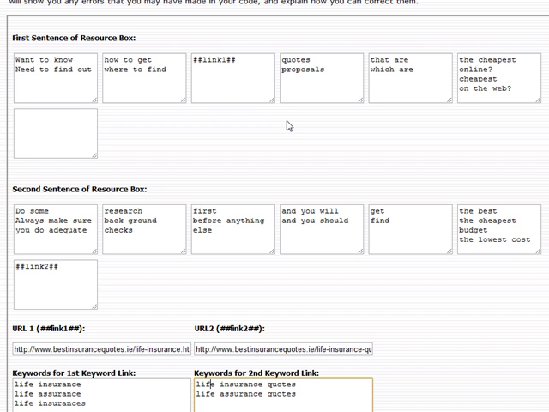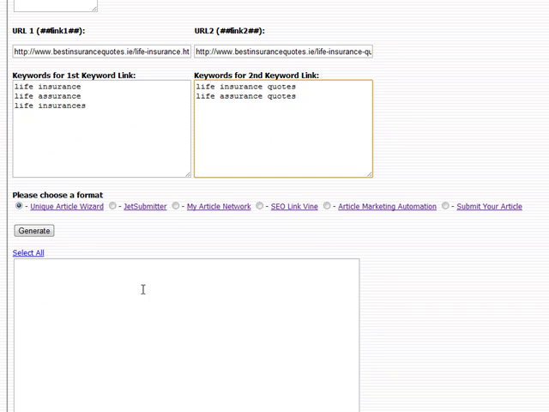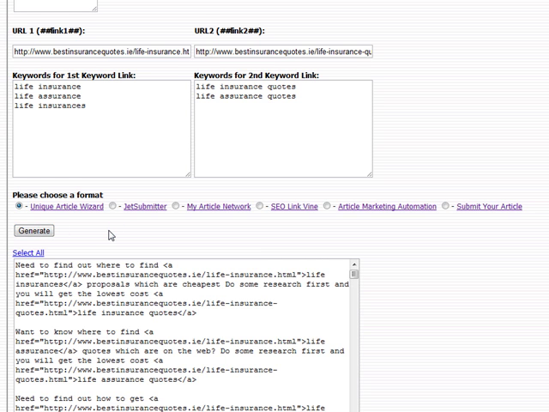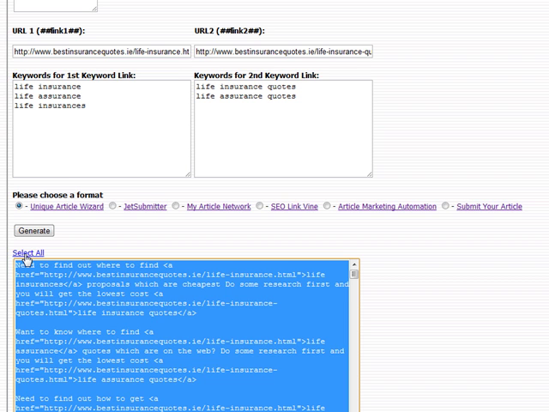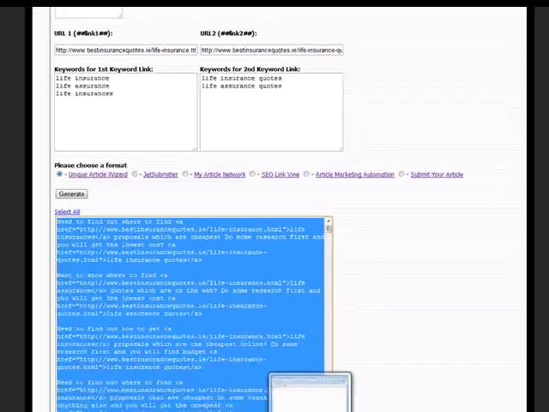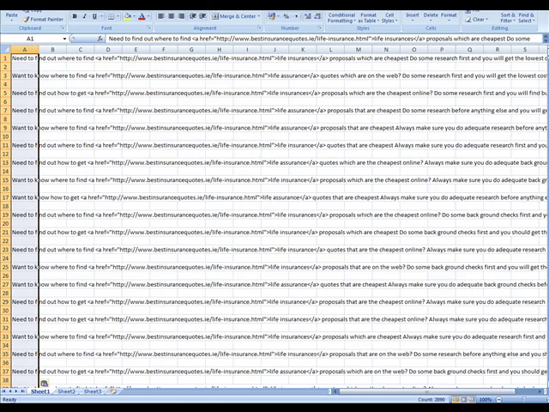So once you've entered the text and your links and keywords correctly, then we can scroll down the page and select the output format. In this case, we will choose Unique Article Wizard, and we simply click the Generate button. Your completed resource boxes will appear in the results box, and to select them we simply click on the Select All link, and on the keyboard select Ctrl+C, and if we paste these into Excel, very quickly we will find that we have generated